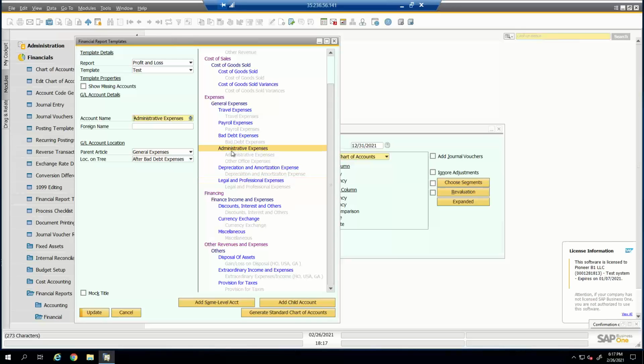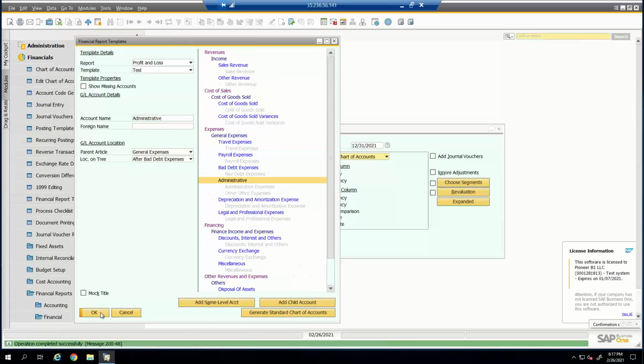Additionally, anything that you want to do in terms of renaming these, if we wanted to just update the name or anything like that, we can update the name here. We'll just remove expenses in this case, just to show you how that looks. Once we tab out, you can see now that this is updated. So again, this is just a reporting template for you to use. It's not going to change your actual chart of accounts,